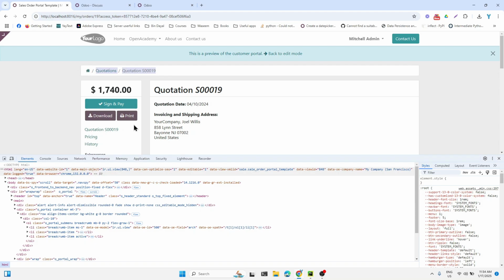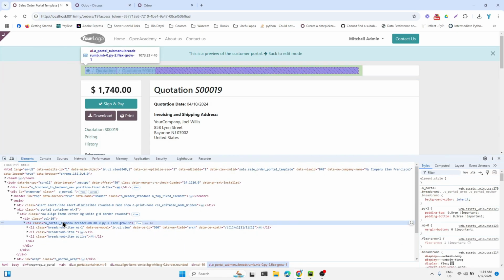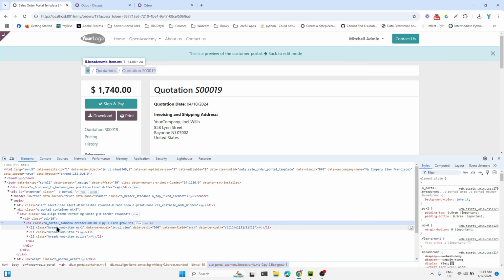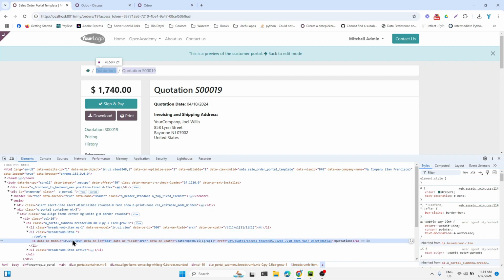It is very easy. You just need to select this and bring the cursor over this. This will select the view which is responsible for this. And here if you scroll down, you will see that it will highlight each part. So we need to find this view like this and this. In order to do so, if you bring the cursor here, you will see this view, and here